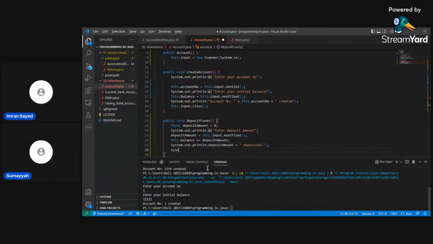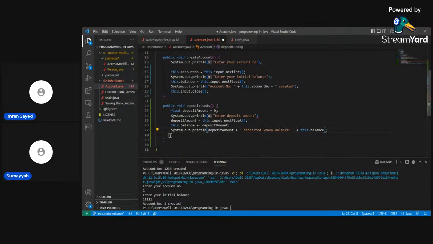We can use the same there only. Just give that slash n.